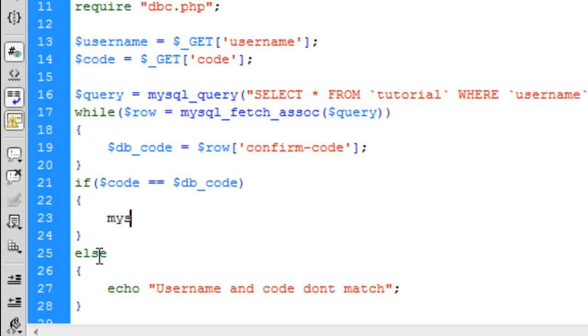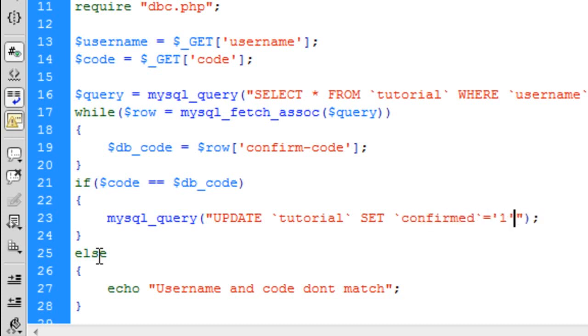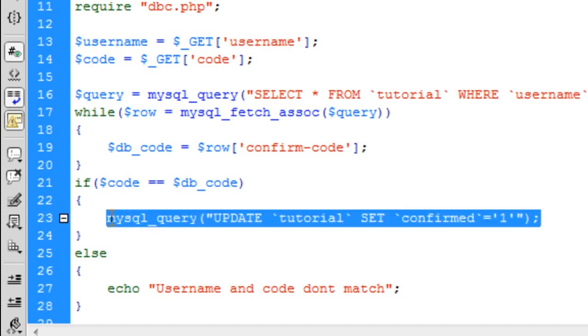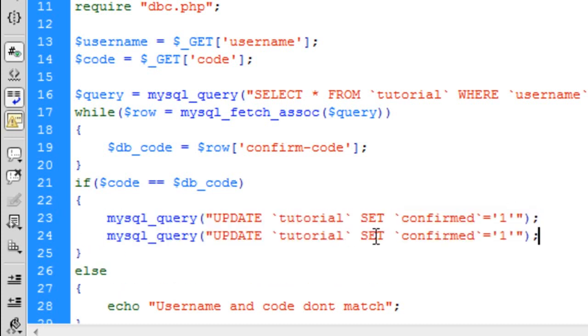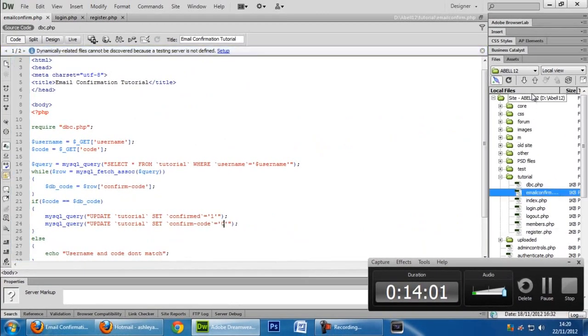So now what we're going to do is create two queries that update these values, because if they're on this page now, then they've successfully clicked that link and validated their account, well, email. So set confirmed to 1, so now the user can actually log in, and we're going to set confirm code to 0 because we don't actually need a value in there anymore. Okay, so now if I just remember to upload this,